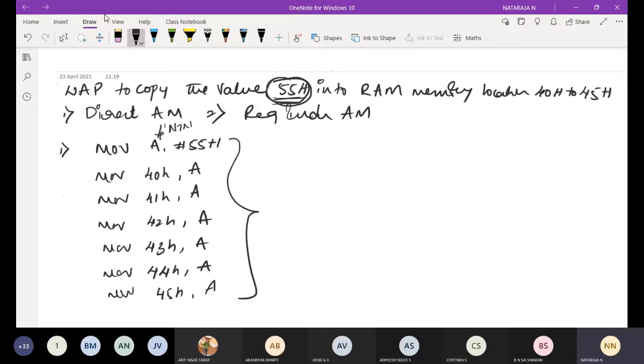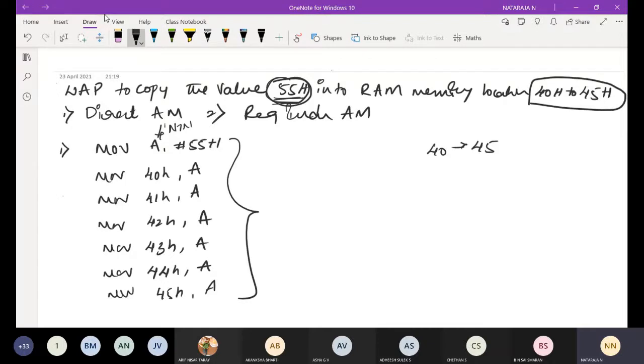But the program says you have to store your 55 rupees at addresses 40 to 45, like USN numbers 42 to 45. Whatever data is with the accumulator, I give to 40H: move 41H comma A, move 42H comma A, 43, 44, and move 45H comma A. I am going to store that 55 in different locations.